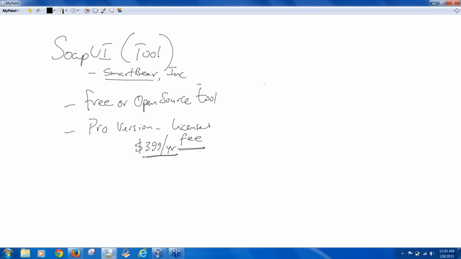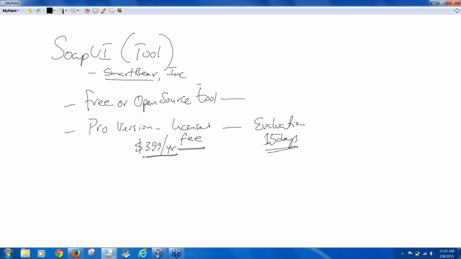So we will be looking at the free version today. And then in the next class, I will show you the pro version. With the pro version, you can get the evaluation version of it. The evaluation version is going to work for about 15 days, and it will expire after 15 days. But then I will show you certain